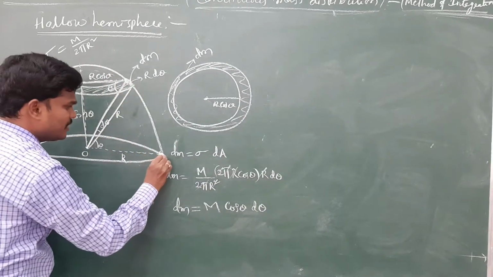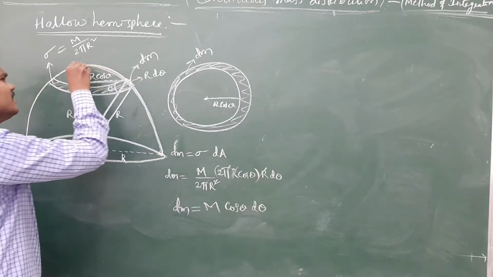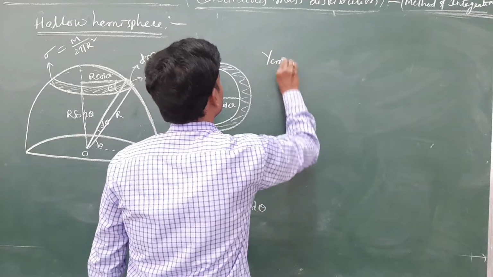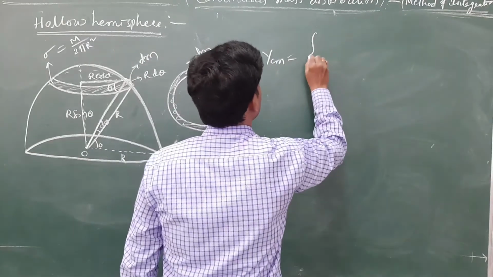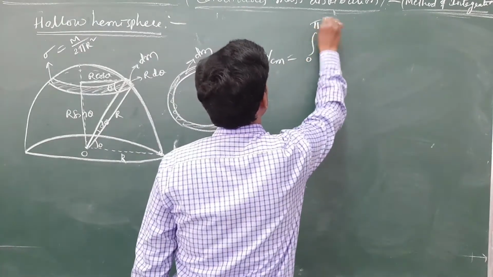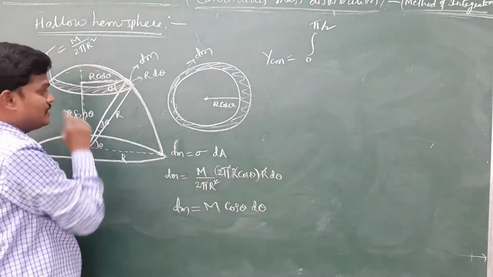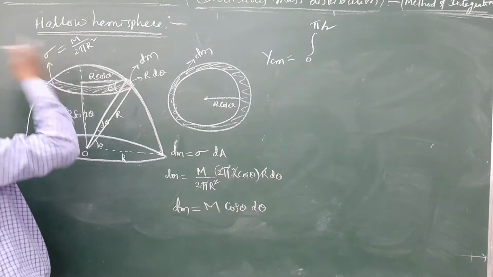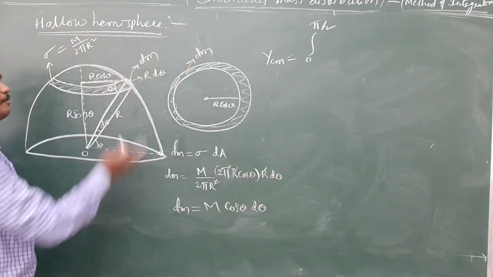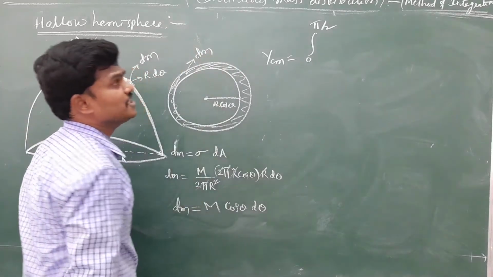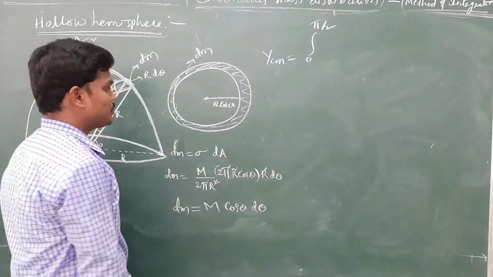So if you move from here to here, then indirectly this part is also covered. Now the limits for this: anyhow only the y coordinate is possible, so the integration limits here are 0 to pi by 2. Earlier I took 0 to pi, the complete part. If you take this part, the entire circle will be covered. So 0 to pi by 2. If you move up to here, the left side part is also covered. So the limits change to 0 to pi by 2.